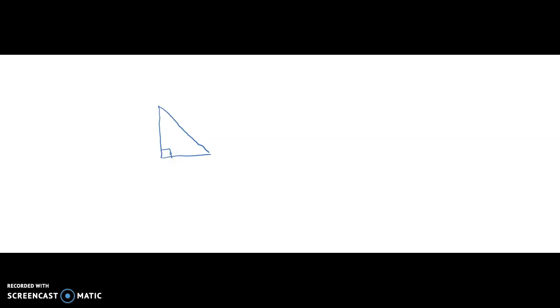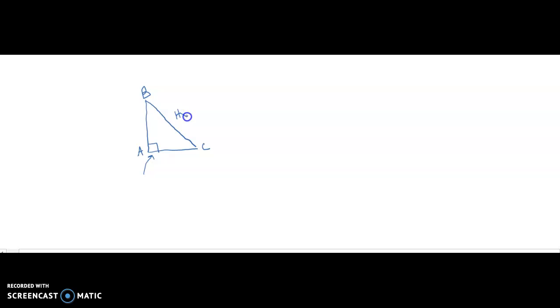Now remember, the reason why it's called a right triangle is because we have a right angle. So this is a 90-degree angle. That's why it's called a right triangle. Okay, and then let's just label this A and C. Now there's three parts to a right triangle. There's the hypotenuse,